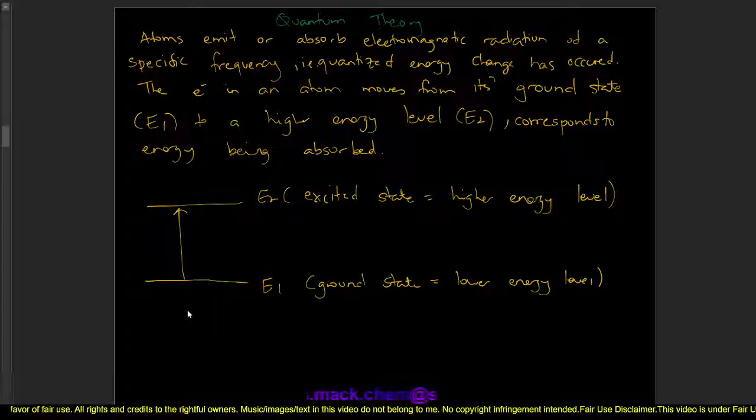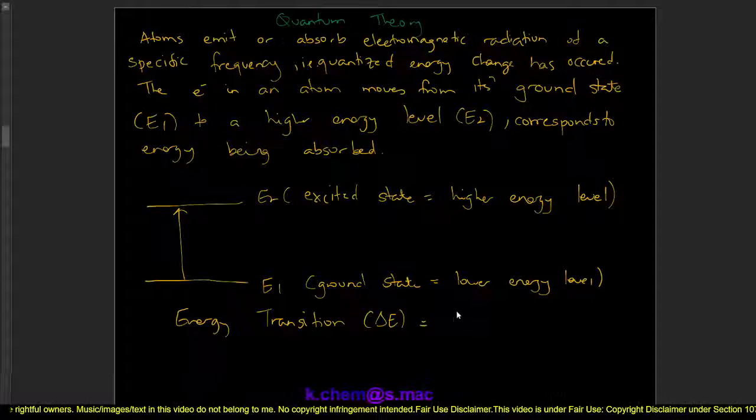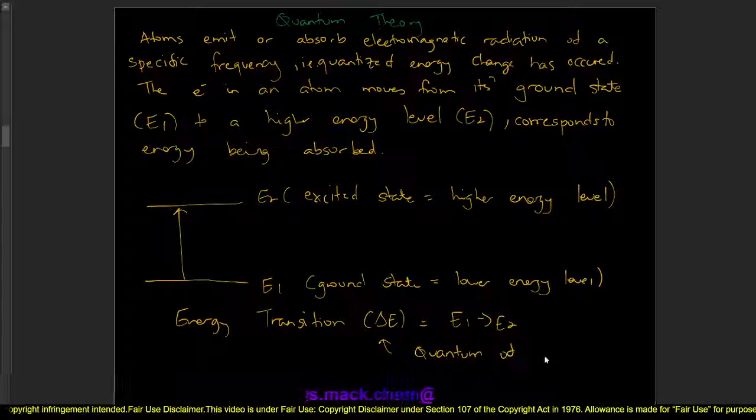Now, we call this energy transition, and the energy transition I'm talking about here, I'm going to call it change in E, will be from E1 to E2, right? So this is my energy transition, the electron moving from a lower to a higher energy level. And this energy transition is what we call a quantum of energy. Now, why is it called a quantum of energy? Right? It is because